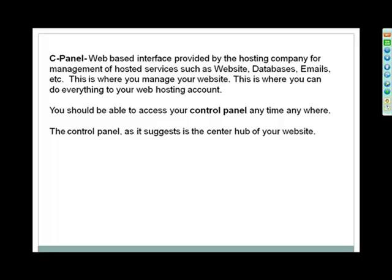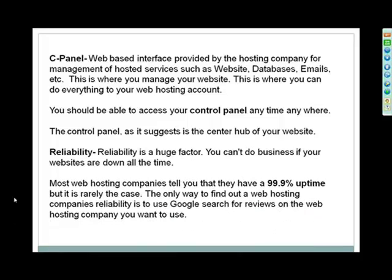Again, the major ones will have that: HostGator, Bluehost, IX Web Hosting, any of the other major ones that you've heard about, they will have a cPanel type hosting. It's a center hub of your website, basically. Reliable, obviously, is such a huge factor. Most of these large companies have a 99.9% uptime. They advertise that. In most cases, it might be 99.7 and things like that, but in all actuality, it's much better to have